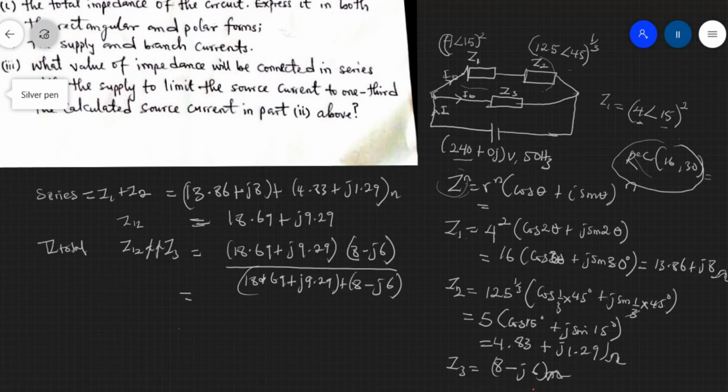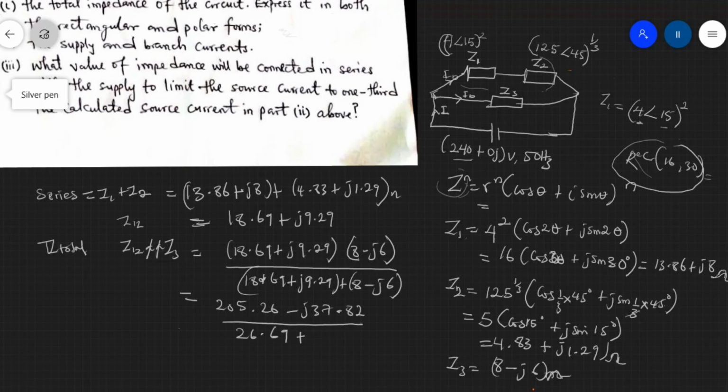If you do the multiplication and addition, it gives me 205.26 minus j37.82 all over